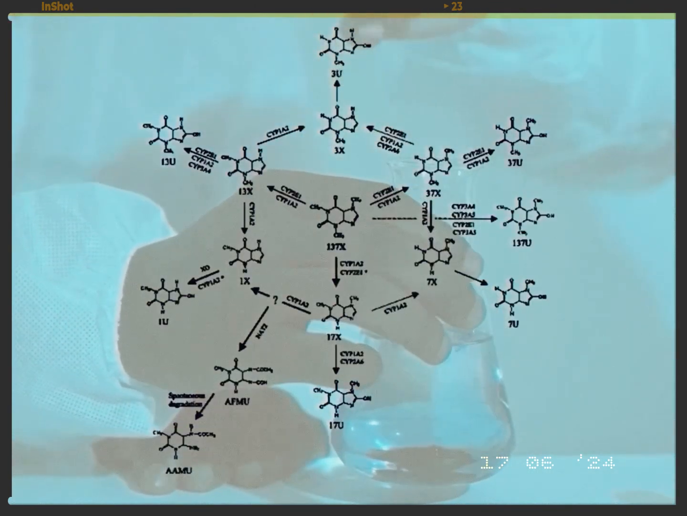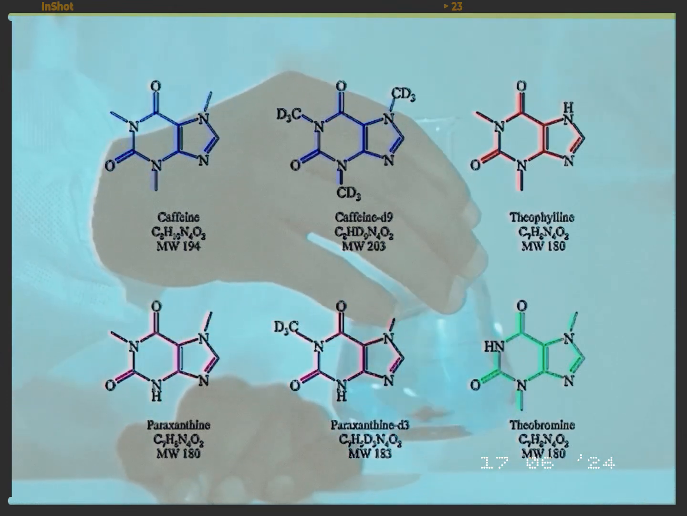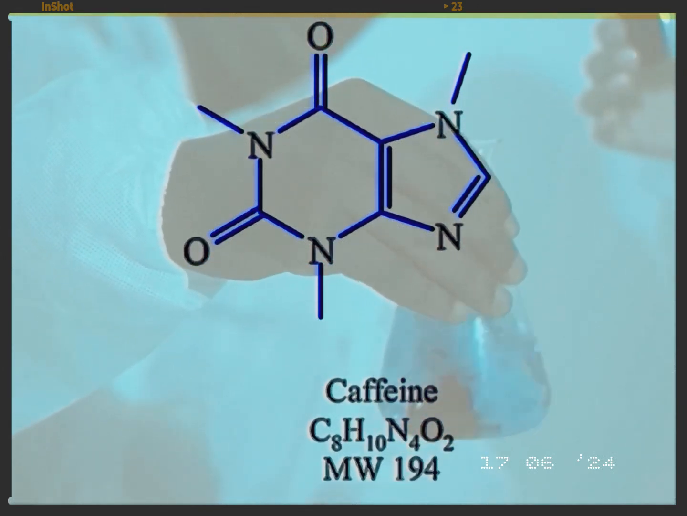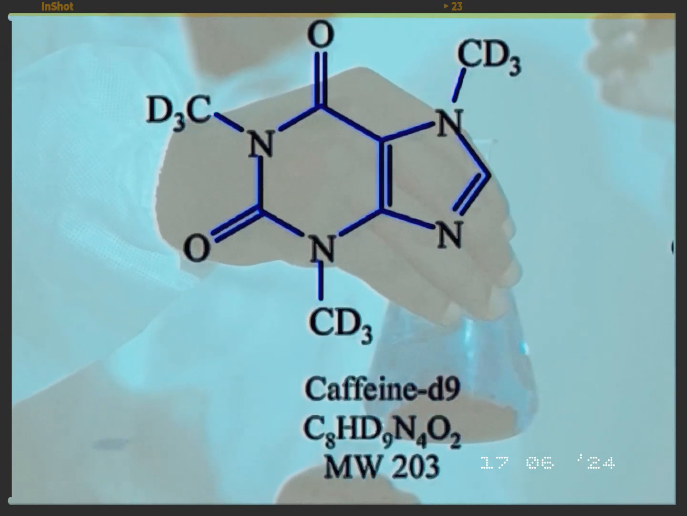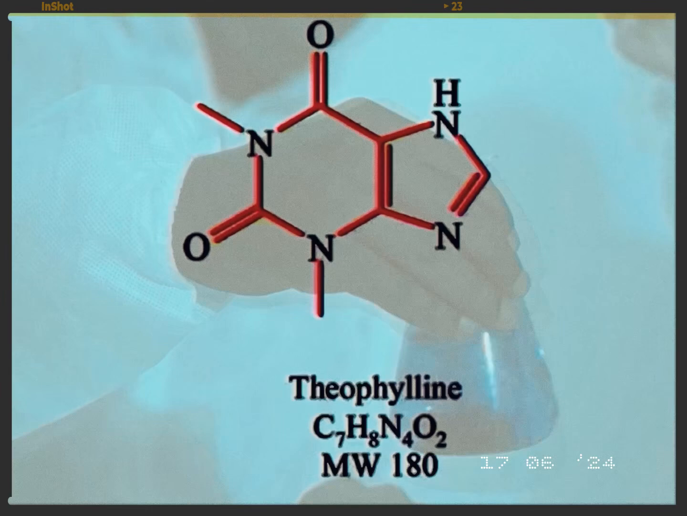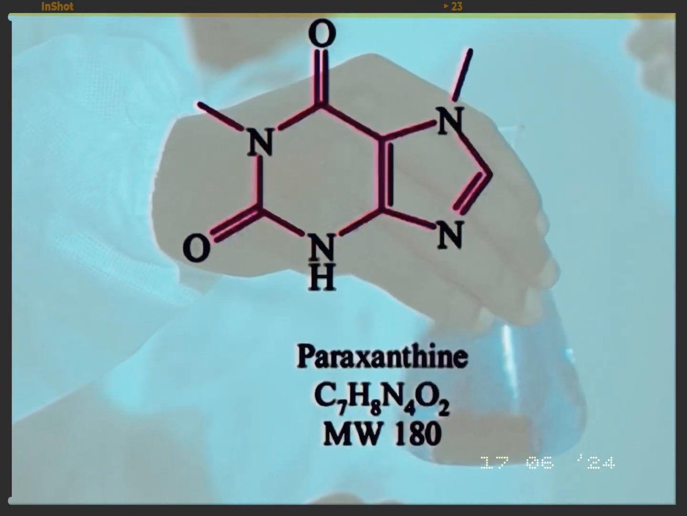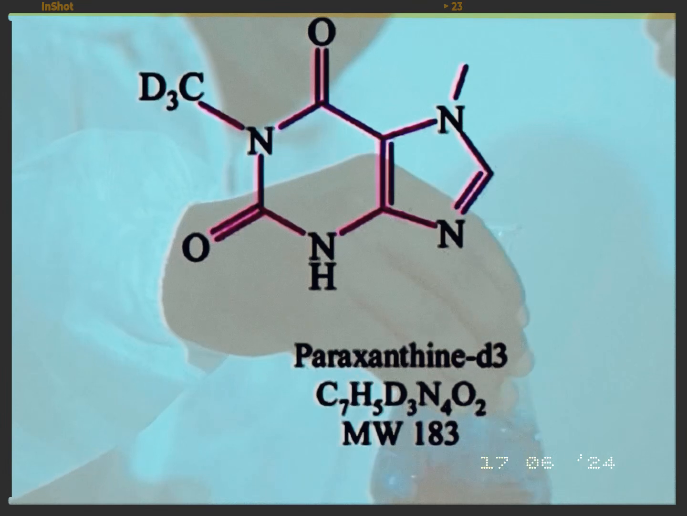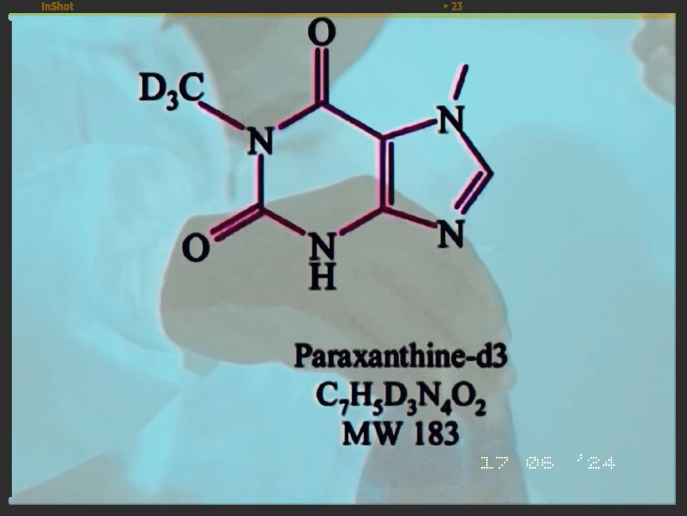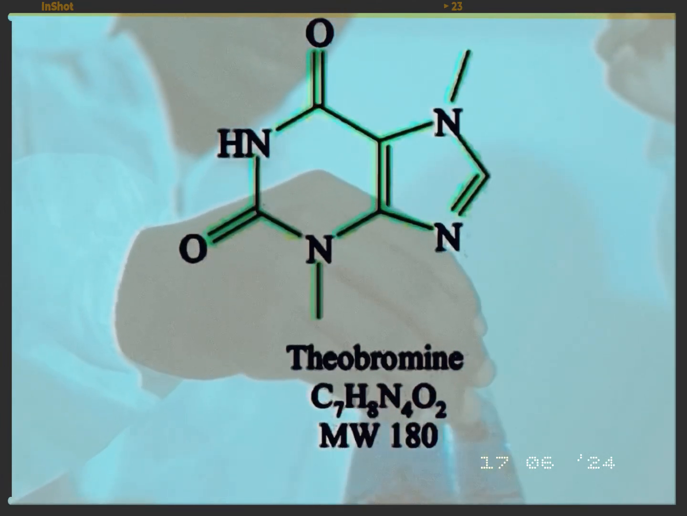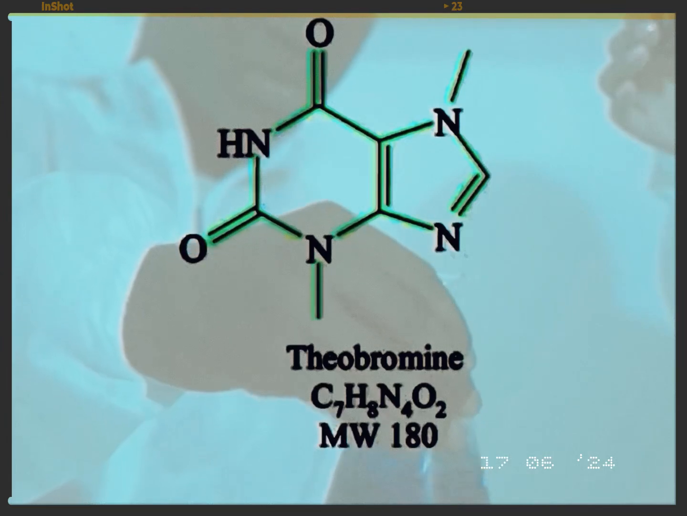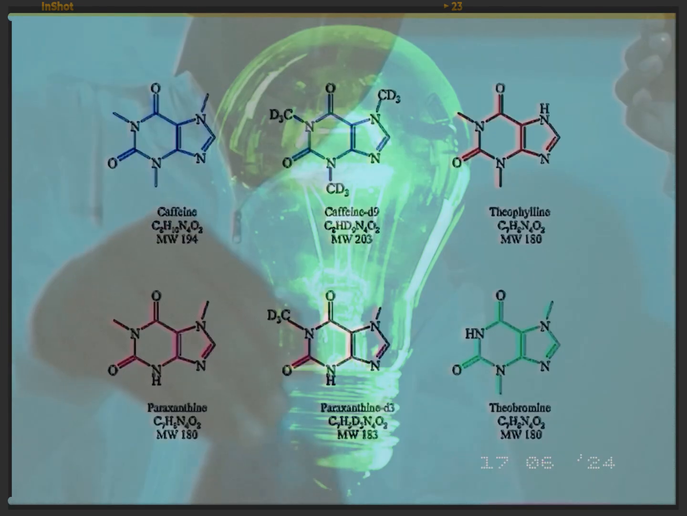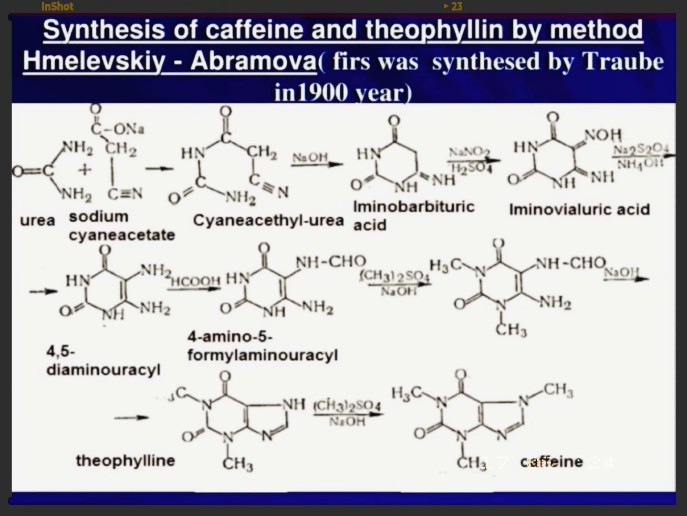Caffeine can come in many forms, and just by slight changes, we get derivatives like caffeine, C8H10N4O2, MW 194, and caffeine D9, C8HD9N4O2, MW 203. Theophylline, C7H8N4O2, MW 180. Paraxanthine, C7H8N4O2, MW 180. Paraxanthine D3, C7H5D3N4O2, MW 183. Theobromine, C7H8N4O2, MW 180. These are some vitamin B4, adenine, because when we see the synthesis of caffeine and theophylline by method